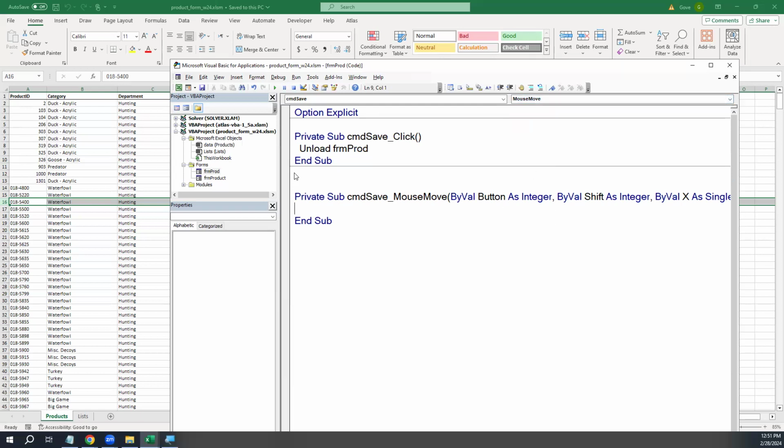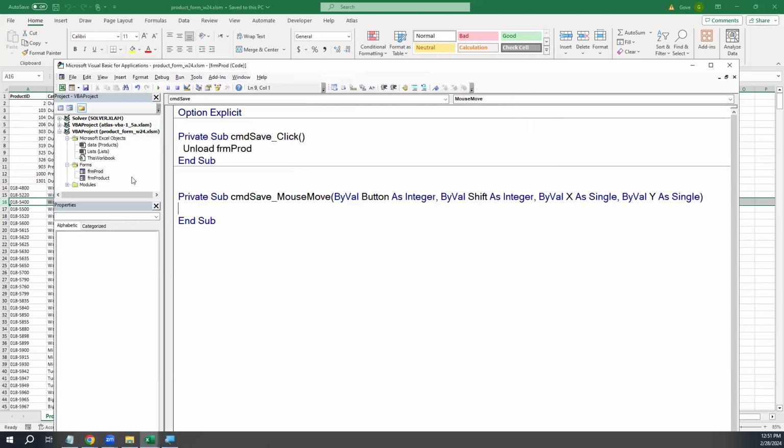So here, let's do something that's going to be a little bit fun to work with. Let's change something about the button. So the button is CMD save dot left. There's a property of it called left. That shows how far the button is from the left edge of my form. And what am I going to do? I'm going to set that equal to a new value. What's it going to be? A random number, a random number between 0 and 1 times